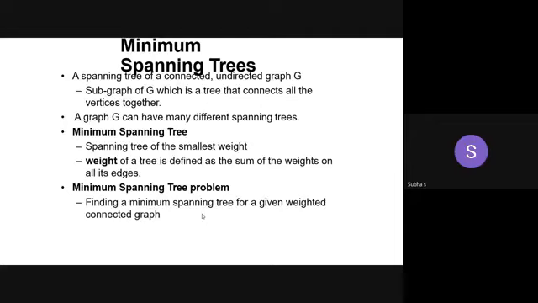So you are going to make your graph a minimum spanning tree. Why is it minimum? Because I am going to cover only the minimum distance. So how can I know the distance is minimum? Only if I know the weight between the nodes. Weight means the value that is assigned to the edges. That is called the weight. So here you are going to find the minimum spanning tree. A spanning tree is nothing but a subgraph, which is a tree that connects all the vertices together. I will just draw it here itself, it will be easier.